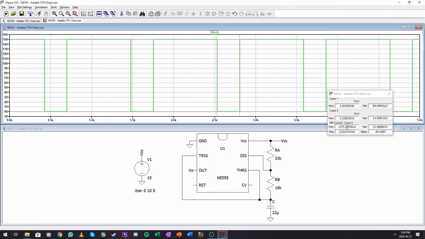That is 275 milliseconds. And the time spent high, 777 milliseconds. So we achieved our duty cycle, we achieved our frequency,